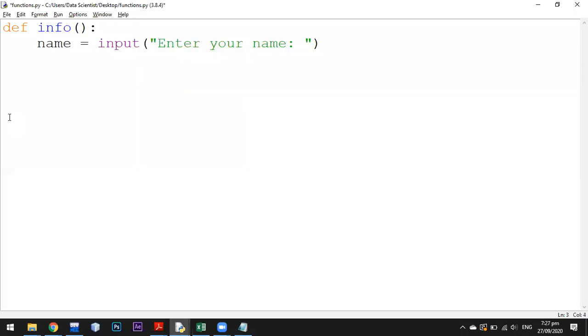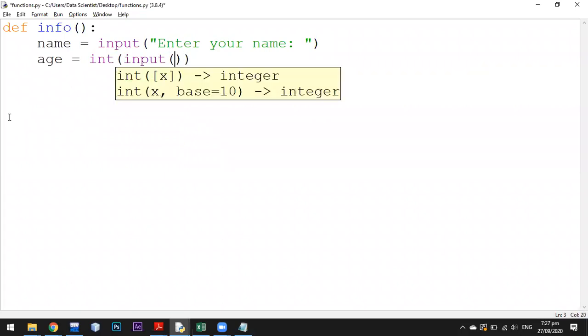And then I want it to ask for my information like age. It is an integer, so I'm going to type int here and then input. And then I'm going to type here enter your age.